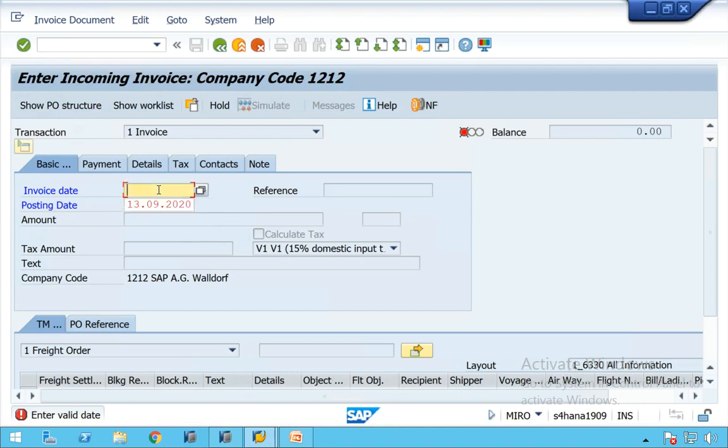Suppose I received the invoice yesterday itself, but I forgot to post it, or my business hours were over, so I will try to post the invoice today. Can I enter the date, or can I choose it? Yes, you can enter the date or you can choose the date.